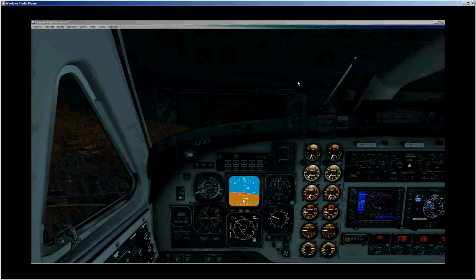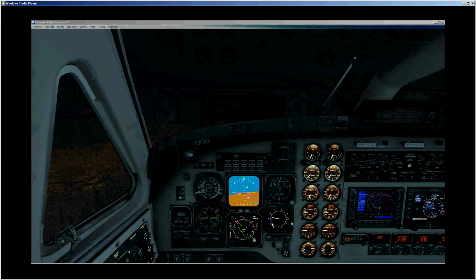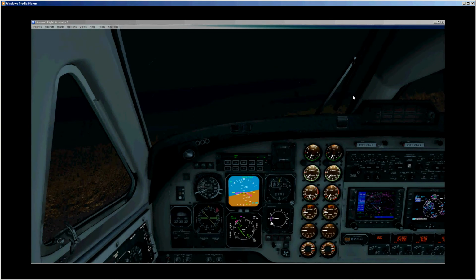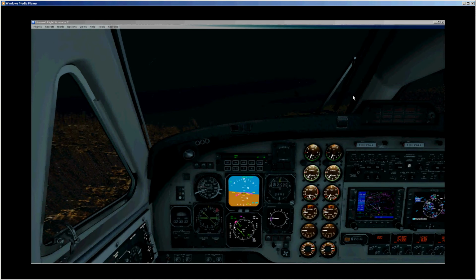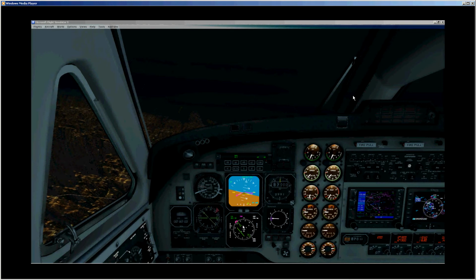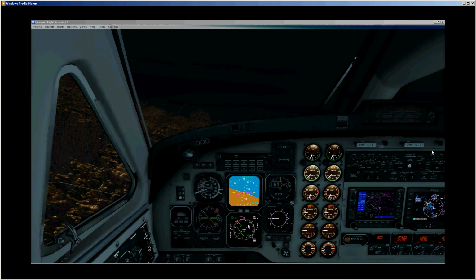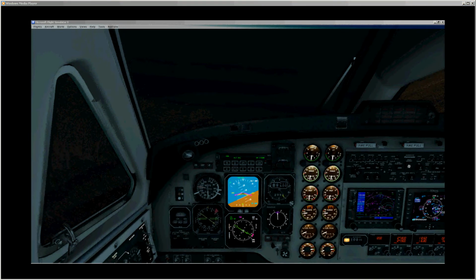oscillations. Okay, now you can see that we're coming down right now to 0 feet per minute, and at 7,000, no oscillations. Okay, I'm going to go ahead and crank up the altitude, go into our next waypoint, and I'll continue the video there. Alrighty, here I've selected 10,000 feet, and